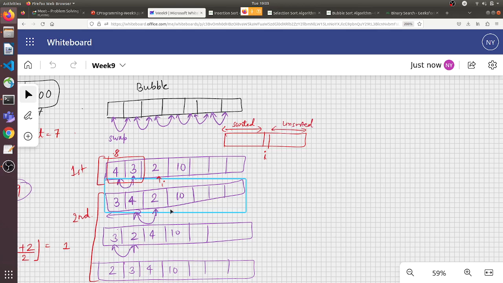And you're looking at the ith element and trying to place it at its correct position,